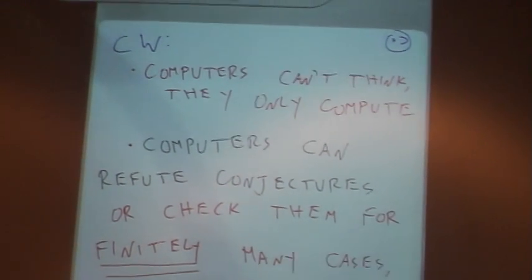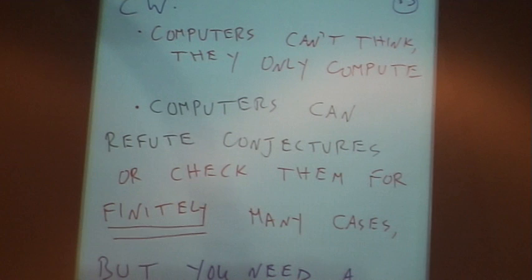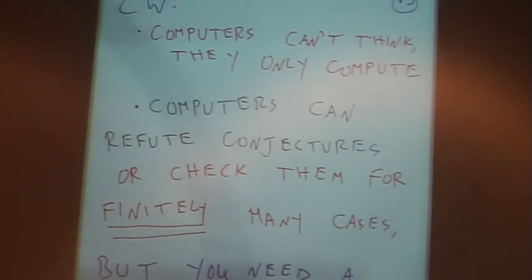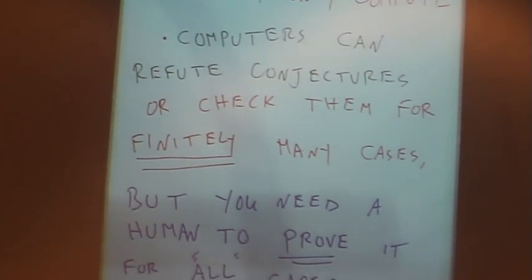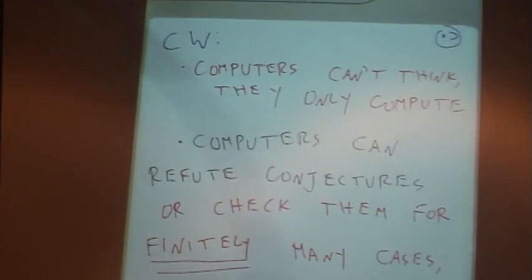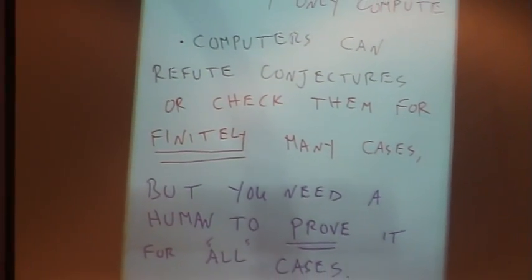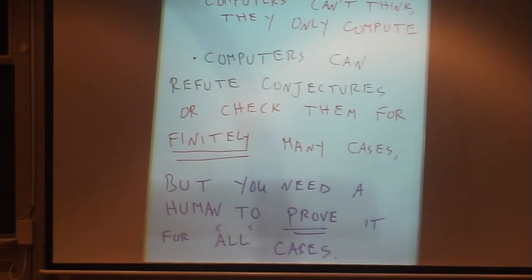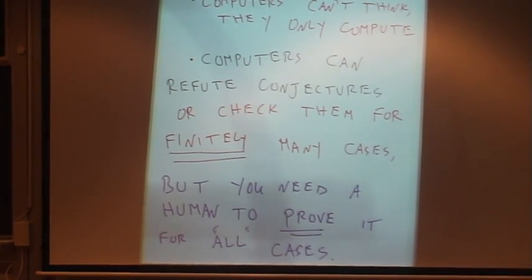The conventional wisdom, even today, is that computers cannot think. They can only compute. Computers can refute conjectures or check them for finitely many cases. So one way to get famous is to let your computer run and test the Goldbach conjecture for the first billion, zillion, zillion, zillion cases. And if you find 2